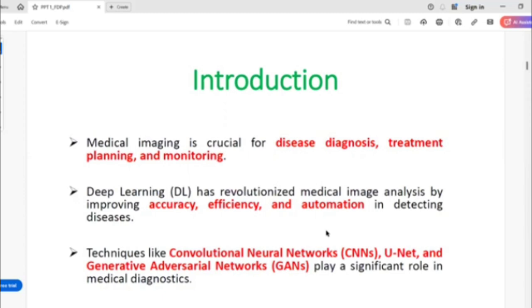As we have seen in the previous slide, the analysis of images, be it medical or whatever it is, will be done by making use of deep learning. The reason why everyone in today's market is approaching deep learning is because of its accuracy, which is one of the very important factors whenever you are developing a model or a method,